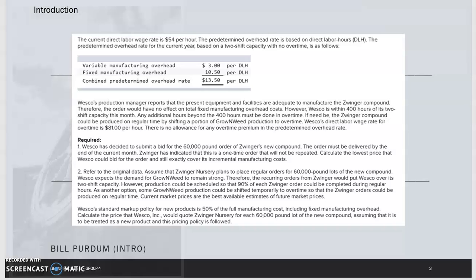The current direct labor wage rate is $54 per hour. The predetermined overhead rate is based on direct labor hours. The predetermined overhead rate for the current year based on the 2-shift capacity with no overtime is as follows. The variable manufacturing overhead is $3 per direct labor hour. Fixed manufacturing overhead is $10.50 per direct labor hour for a combination predetermined overhead rate of $13.50 per direct labor